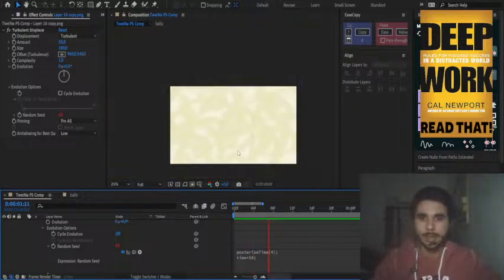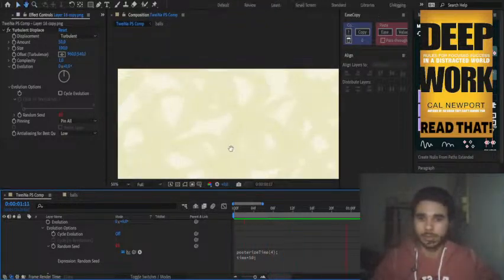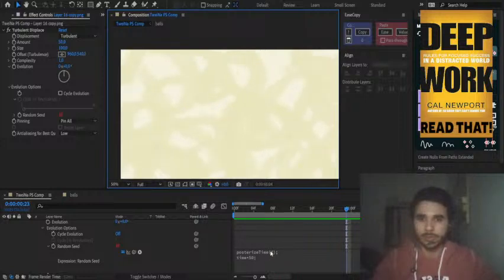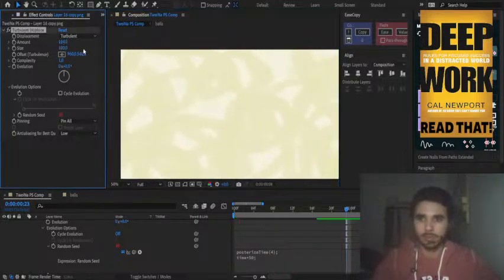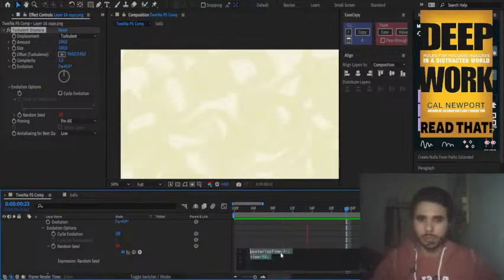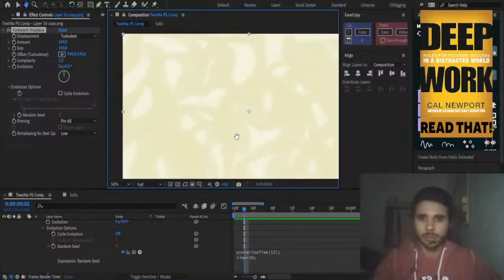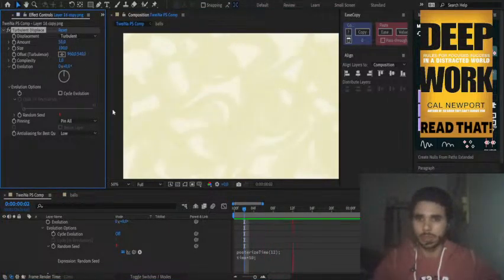Okay, I see. That feels a little better. But that also feels, I don't know how to describe it. Maybe up the amount. Ooh. Maybe we up the frame rate. I think that's the number of frames. And then we reset this. And then we increase the size. And then we decrease the amount. Then increase the size. And this is too fast.